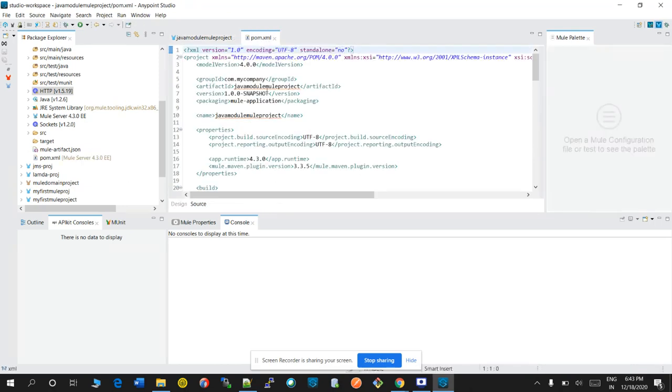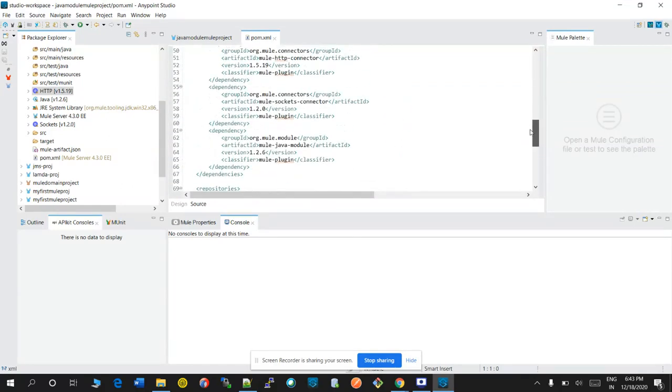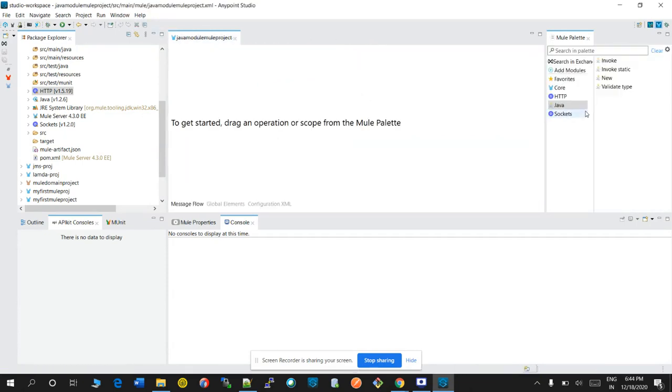Now if we check the pom.xml file, you can see the Java module automatically added here. Now go to HTTP listener, drag and drop it.